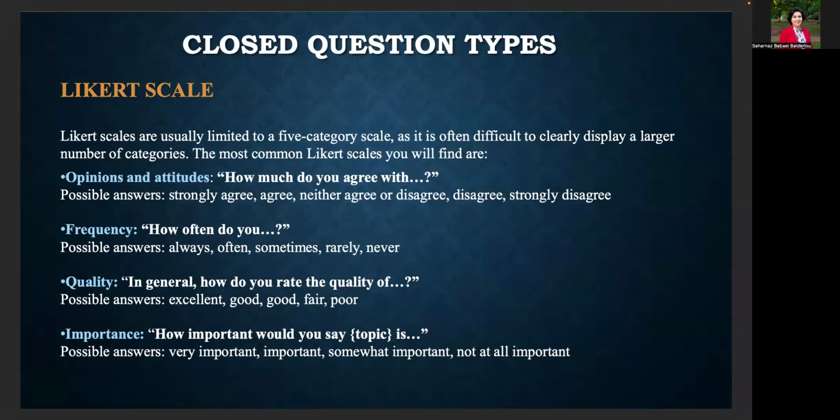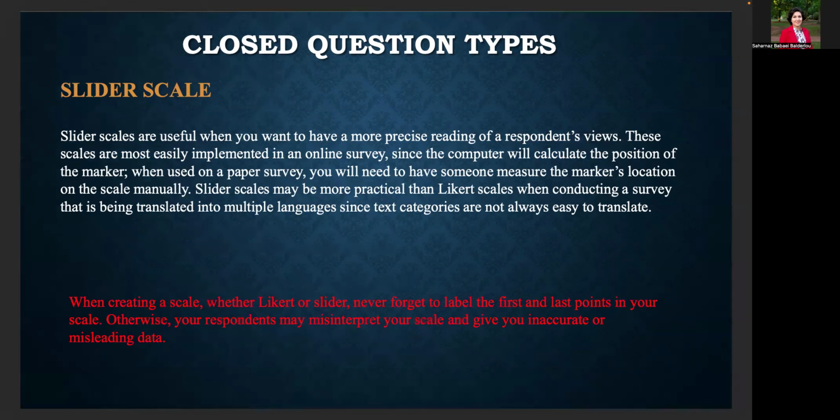Likert scales measure attitudes, frequency, quality, and importance. They typically use 5 categories and are among the most widely used tools in survey designs. And slider scales allow more precision. Respondents move a marker along a continuum, and these are ideal for digital surveys and